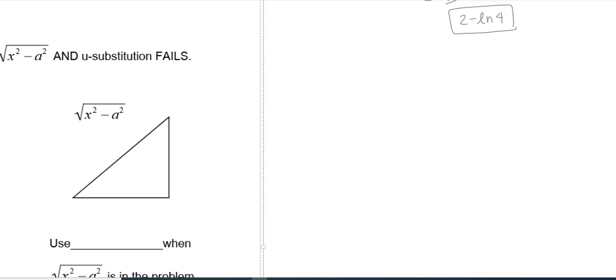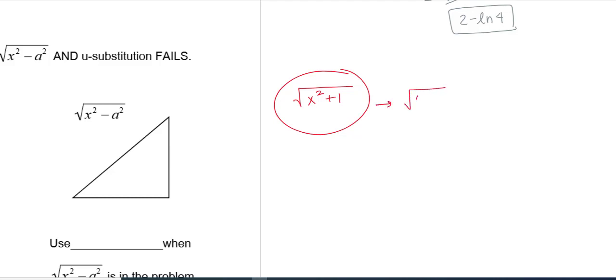If we have something like the square root of x squared plus 1, we are stuck with our algebra. There is nothing that I can do algebraically to simplify that because I cannot write it as some quantity squared, so then I can take the square root of it. Remember, we can only take the square root of one term, so if I have two terms under here, the goal would be, let me see if I can write that as a perfect square, and then I can remove that square root. So let's see how trig can help us with this.